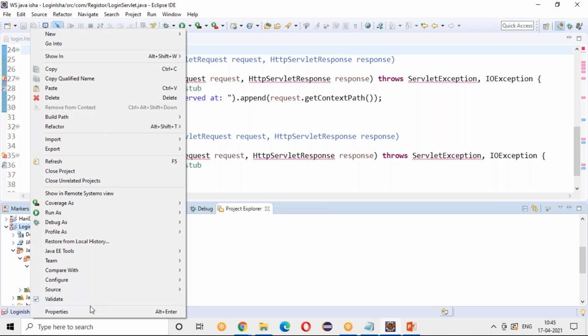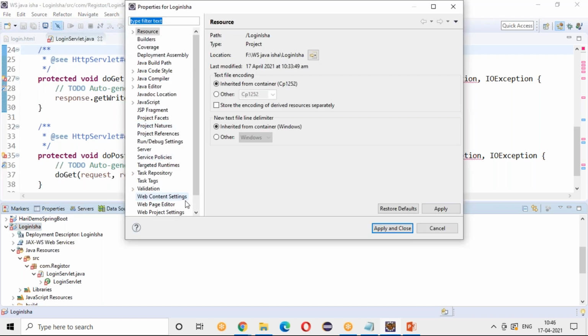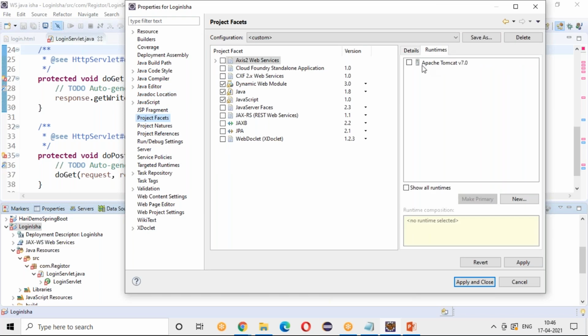So I have to go to properties, and in project facets I need to configure this. You see there is an option called project facets where you have runtime, where you see this Apache Tomcat is unchecked.